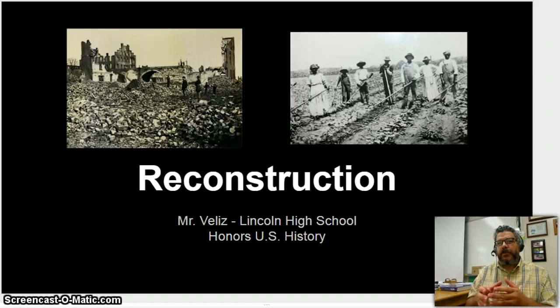But then we've got to move on to what may be as critical a period as the Civil War, and that's Reconstruction. How are we going to rebuild the South? How are we going to rebuild areas of the North, whether it be the economy or whatever needs to be readdressed following the war, and most importantly, bring these states back into the Union and deal with the situation of millions of blacks in the South who will eventually be freed, if not through Lincoln's Emancipation Proclamation earlier during the war, certainly by the 13th Amendment here as we kick off Reconstruction.